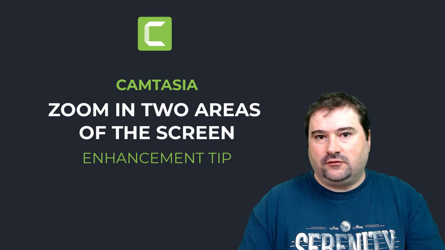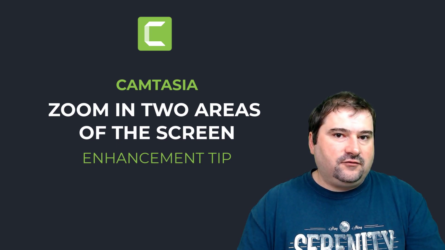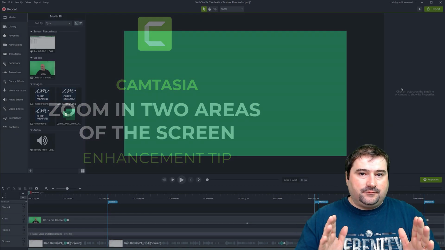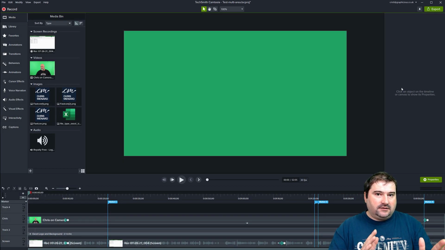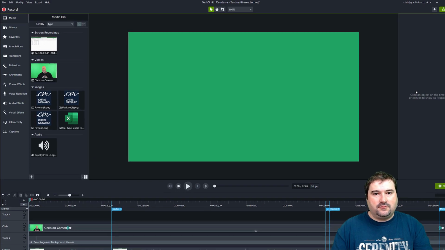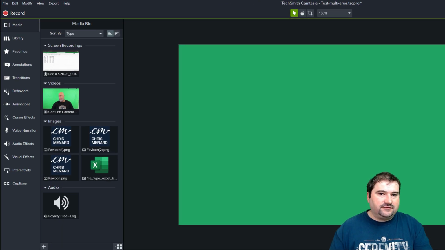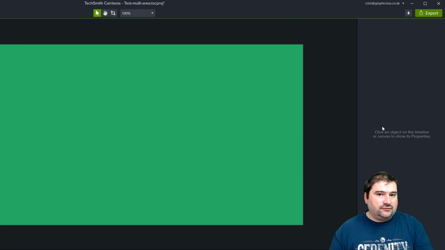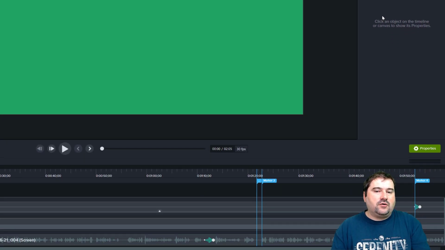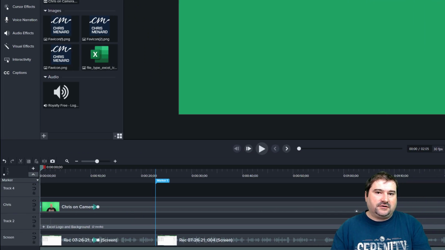It's very easy to do. It basically means that if you're presenting one side of the screen and there's information there that your viewer must see, and then on the other side of the screen, maybe at the bottom or on the far right, you have other information that may present the effects of the action being performed or some other piece of data that must stay on screen. If you zoom in on one side and you have a screen recording, then that other side is going to come out of the screen, so you can't see it properly or at all.